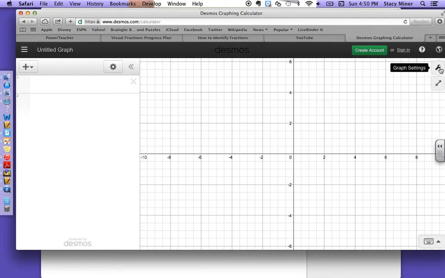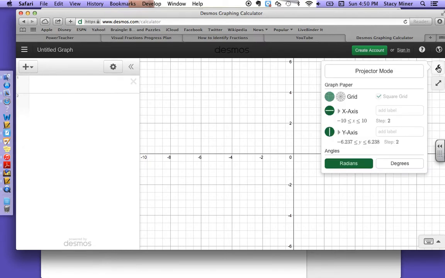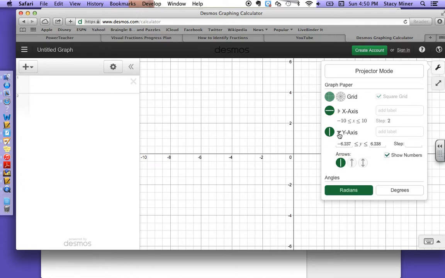Okay, so my graph settings right here, this little wrench, it talks about the x-axis, and right now we're going from -10 to 10, which you can see on your graph right there. And your y-axis, this is where it's going. You can change that. So if you hit the y-axis little arrow, it allows us to change all of these